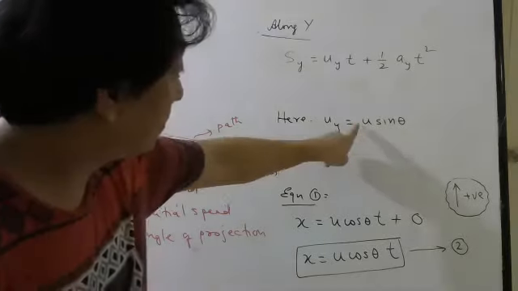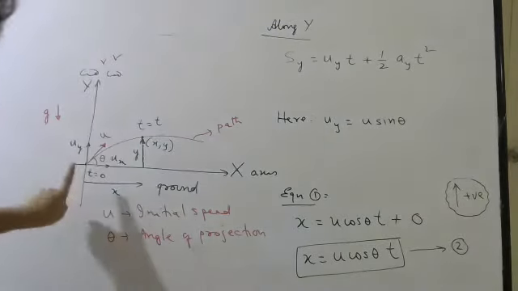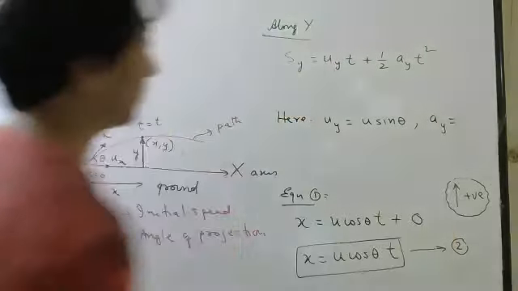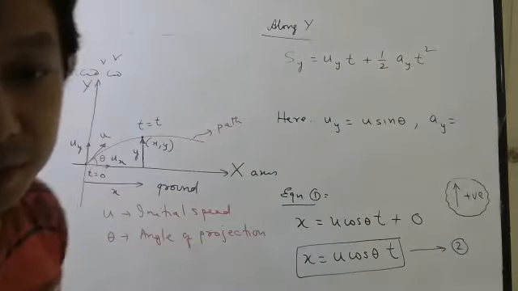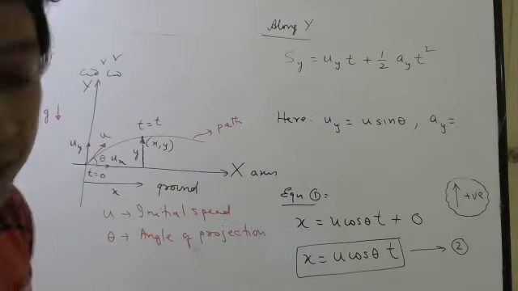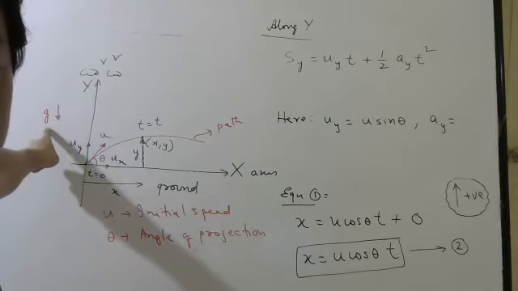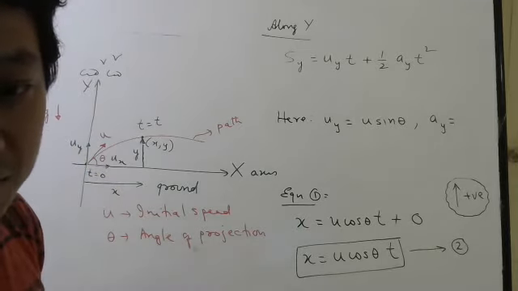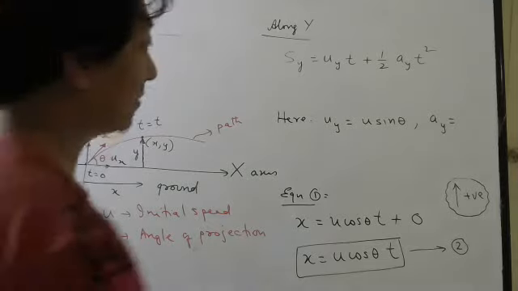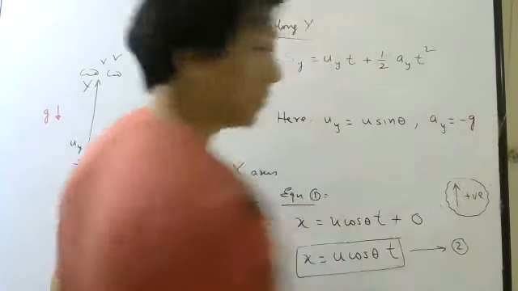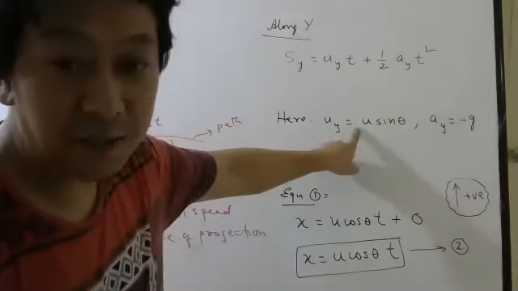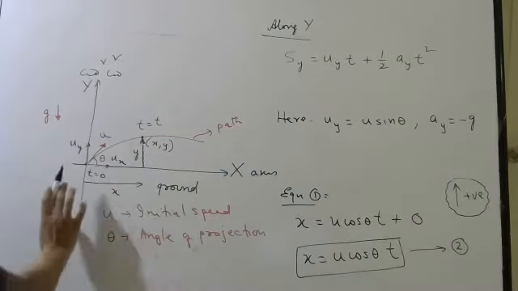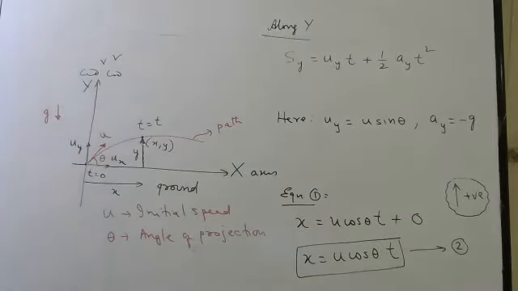Now I wrote a plus sign here, which means I have taken this as positive. So what will I write for ay? I have to know. Be careful. See where the acceleration is. Acceleration is this one. So while writing, what do I write, minus g or plus g? Minus g, because while writing this I have written plus u sin theta. So if you write plus here, it means you have taken up as positive, so down should automatically be negative.